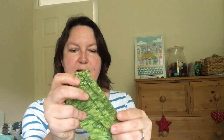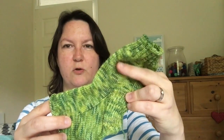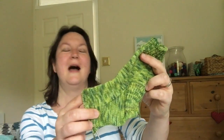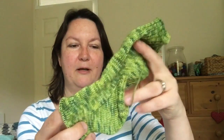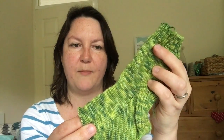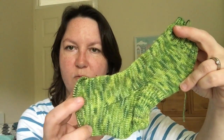So these are my very springy green shorty socks. Not as shorty as I'd intended. I just carried on knitting and forgot to start the toe, the heel flap, but that's not a problem. So I'm knitting these out of Yarn Tetherer yarns in her Pedero base. I think the colourway is called Whispering Grass, and you can see why. It's really lovely. I bought 2 skeins of this yarn to knit